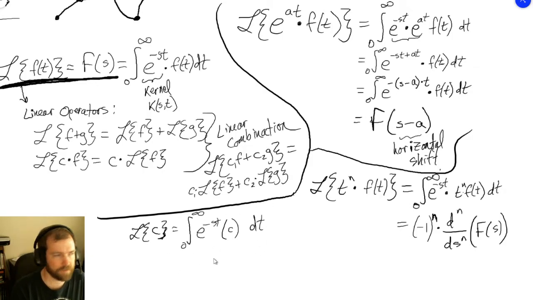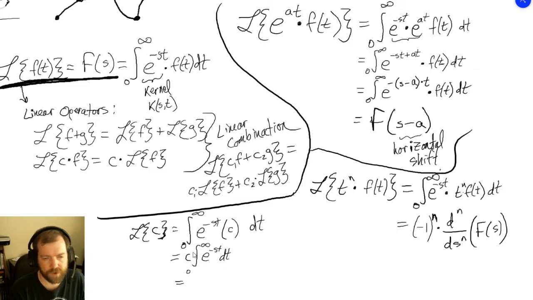So what's this going to be? Well, you're going to end up with the constant coming out, integral from 0 to infinity of e to the negative st dt. And then when you take the integral of this thing, this is just going to end up being c times negative 1 over s, which is going to be your integration factor to try to make this, for instance, e to the u du. Negative st equal u, so therefore